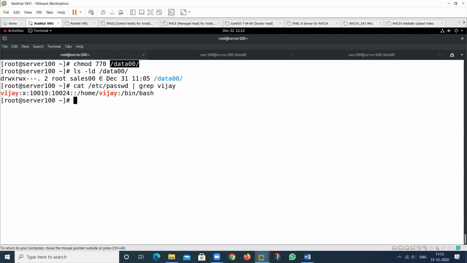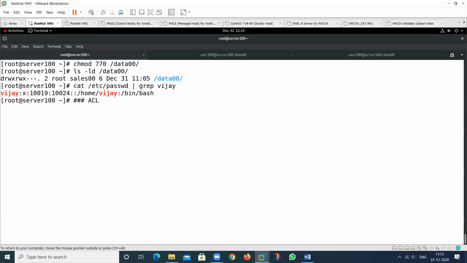So we cannot specify that this user can use, this user cannot use, this account can use, this account cannot use. These types of things cannot be covered in chmod. So chmod has some limitations. But if I want to provide specific permissions on any particular file or folder, then we can use the concept of access control list.